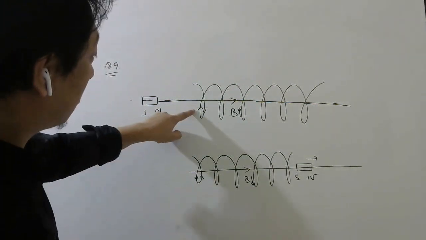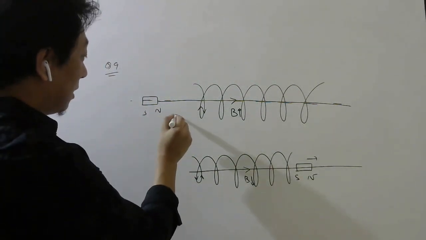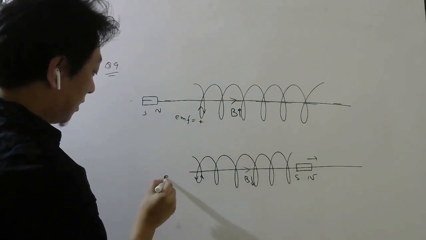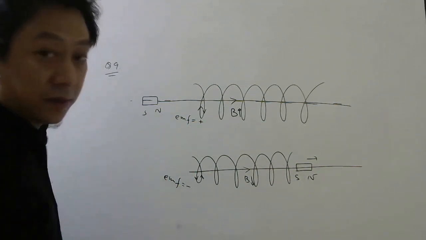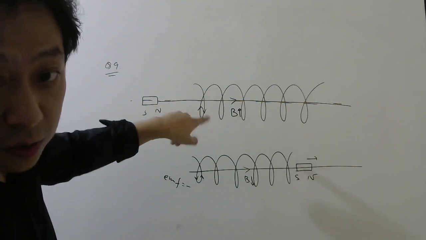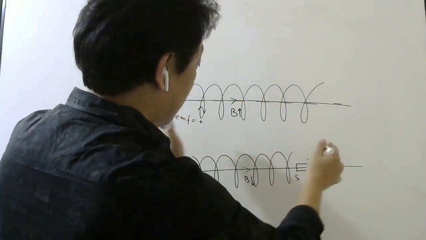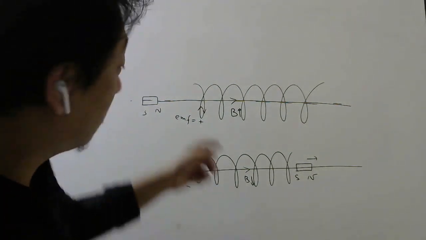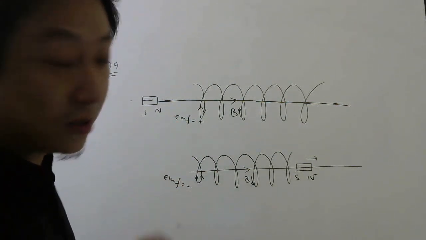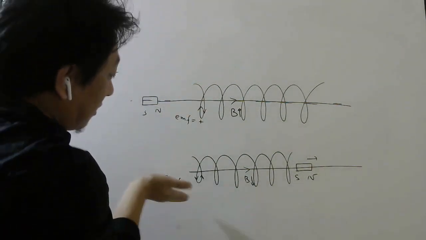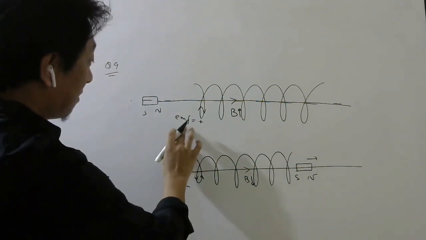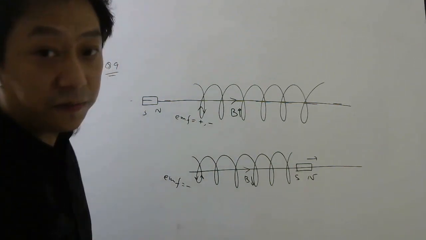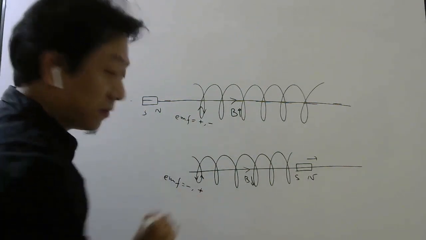So you can see from here to here, the EMF has changed direction. If I take this EMF as positive, this EMF will be negative, because the direction of induced current, if it was a closed circuit, has to be opposite to this one compared to this one. Yes or no? Here it is like this, here it is like this. So if this EMF is positive, this EMF has to be negative. Similarly, if this EMF is negative, this EMF has to be positive.